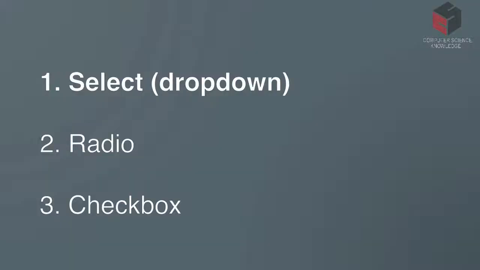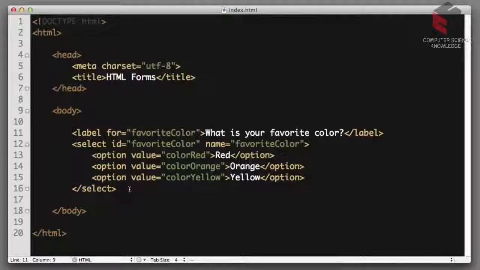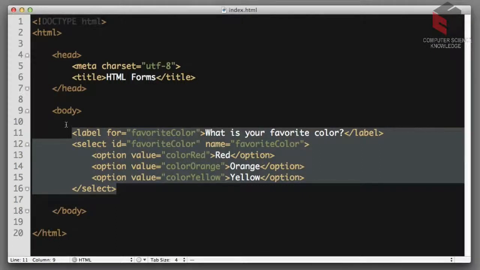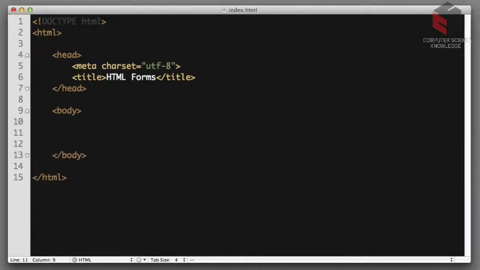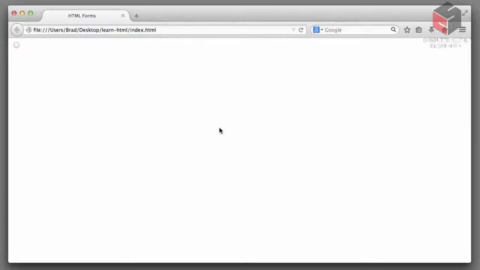Let's move on to radio inputs now. So we can delete this code for the select, and let's imagine that we want to recreate the radio inputs that ask the user what their favorite meal is. The code to create a radio input is simply input, and then we add an attribute of type with a value of radio. Now technically this will create a radio input, so if I save and refresh, we can see there is a radio input,